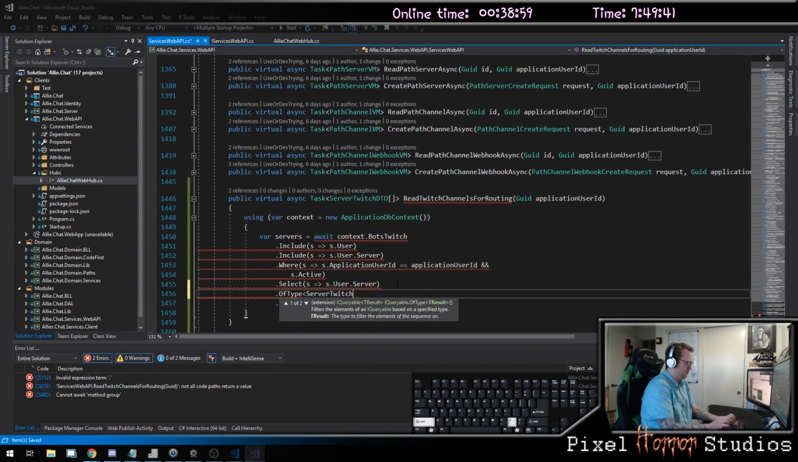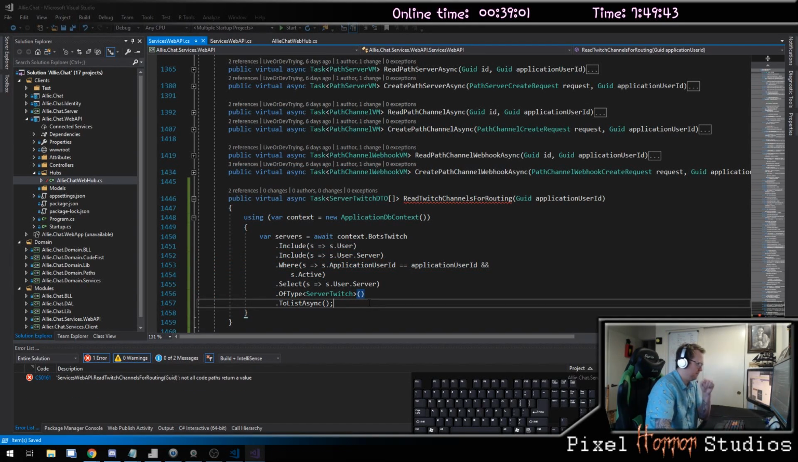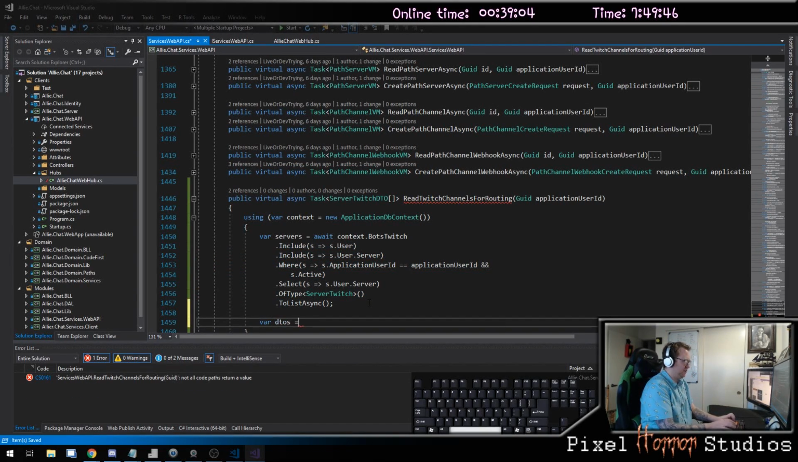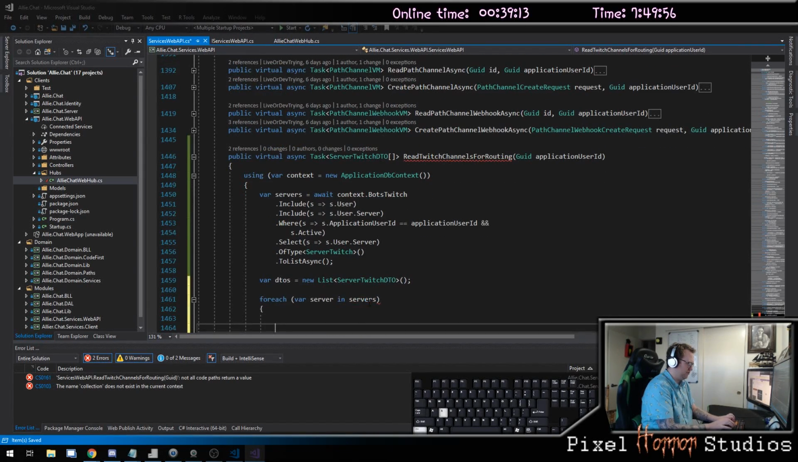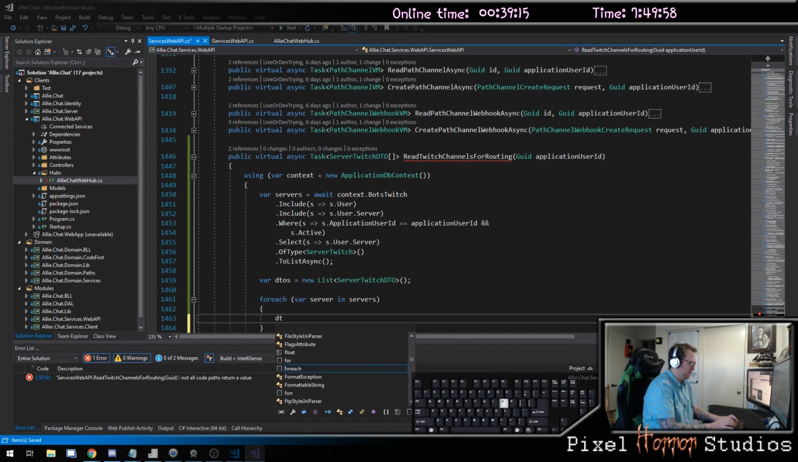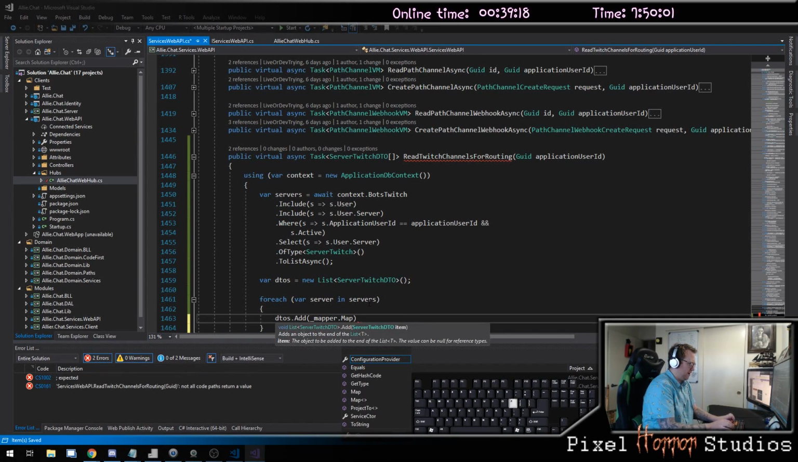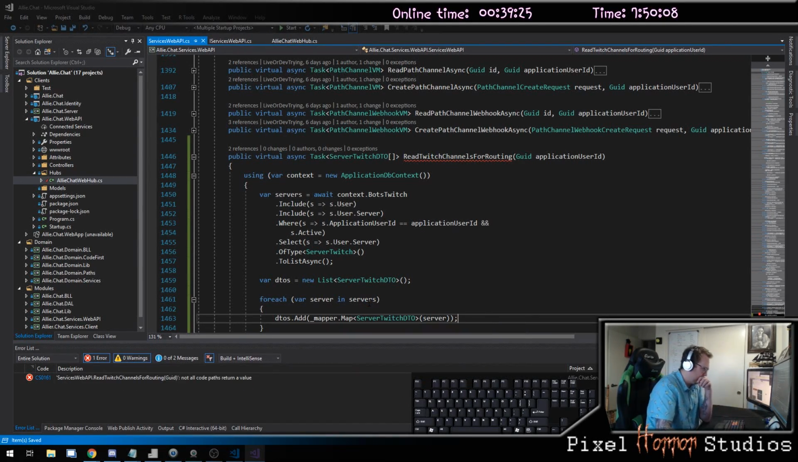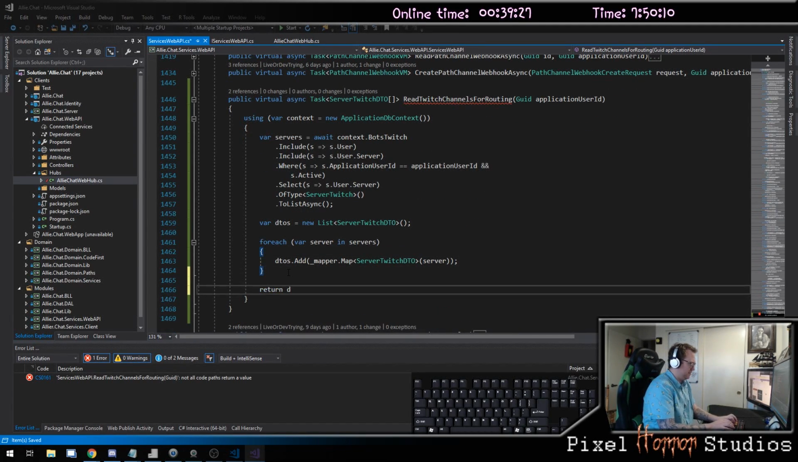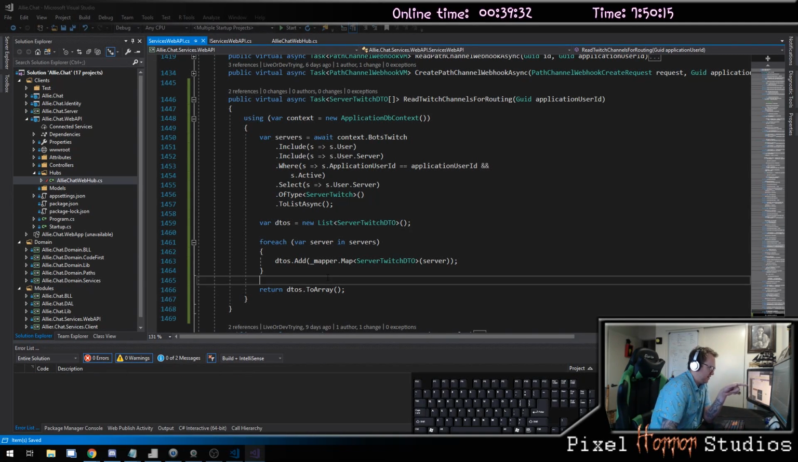Like that. And then I can do my DTOs here equals a new list of server Twitch DTO. And then for each var server in servers, I can do a dtos.add and we'll map my server Twitch DTO over to a server. And then down here I want to return my DTOs.toArray. Now, just a second, as I look at this,